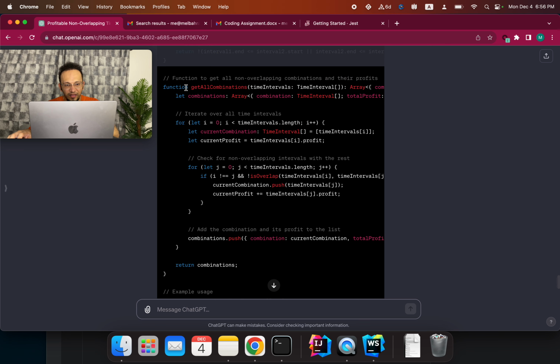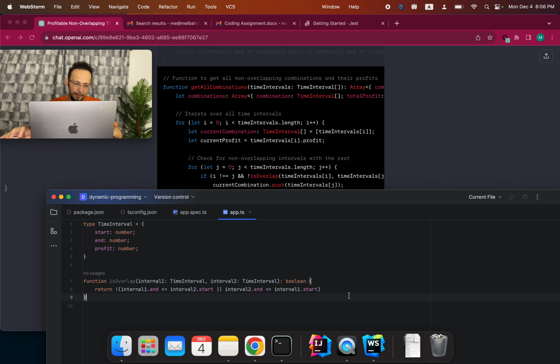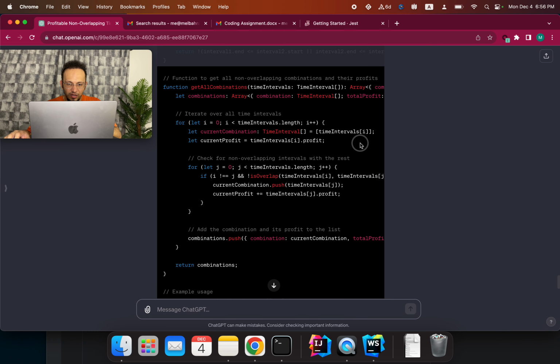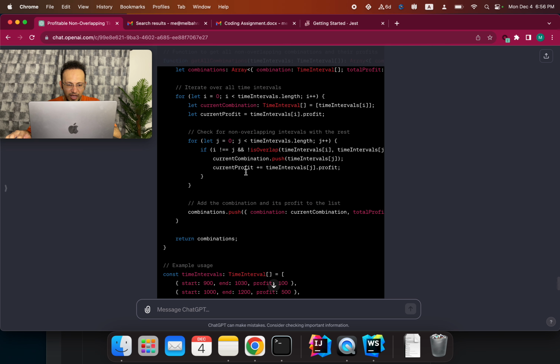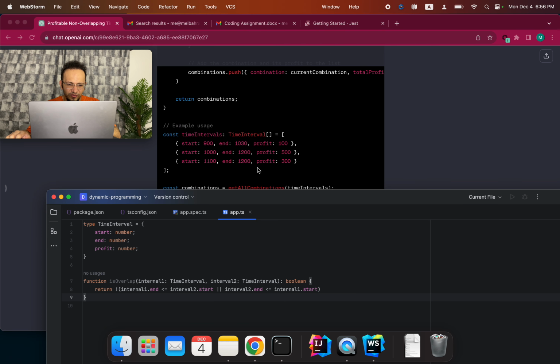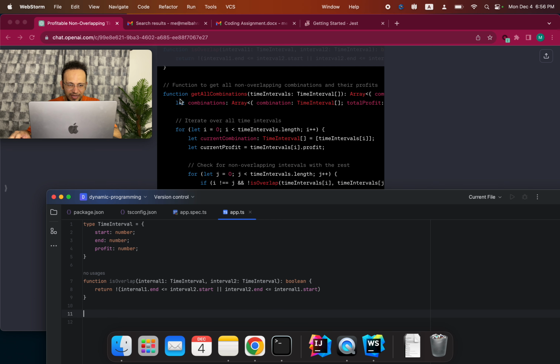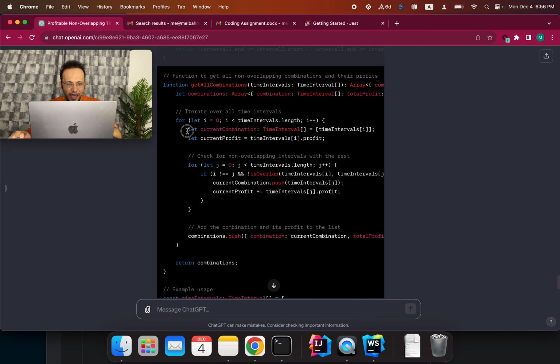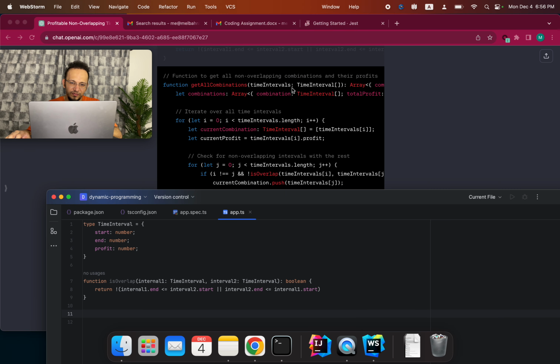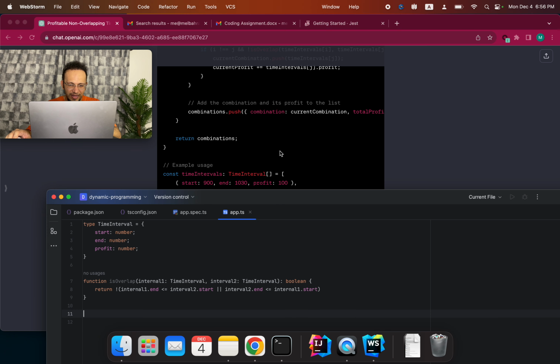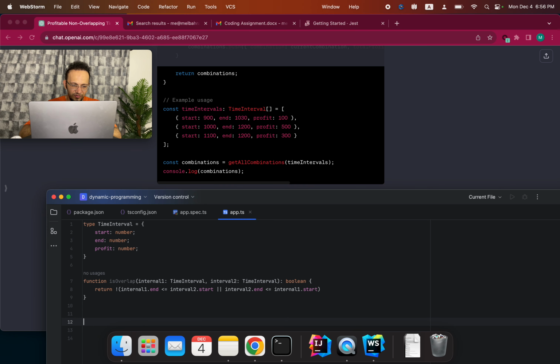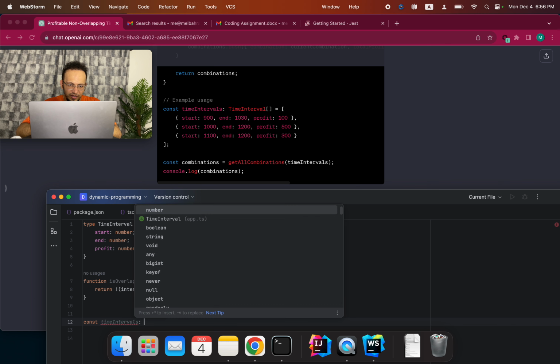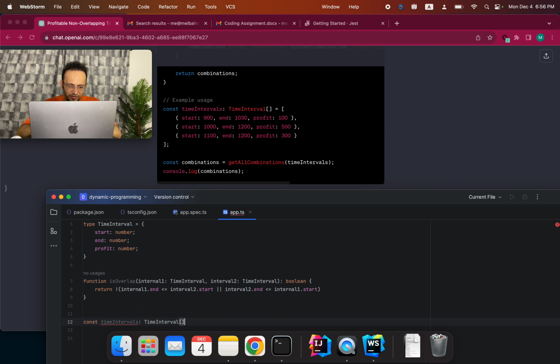And then we have here get all combinations. Okay, so I'll come back to that later. Just have to understand that we are using a for loop, and it is two for loops. I want to add this one first. I have here a constant, then time intervals, then we have time interval, and then we have equal,